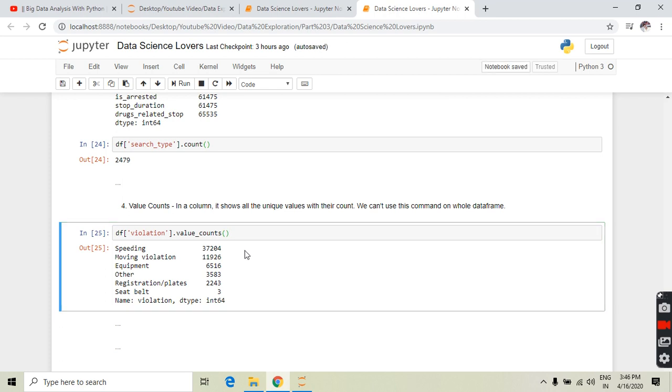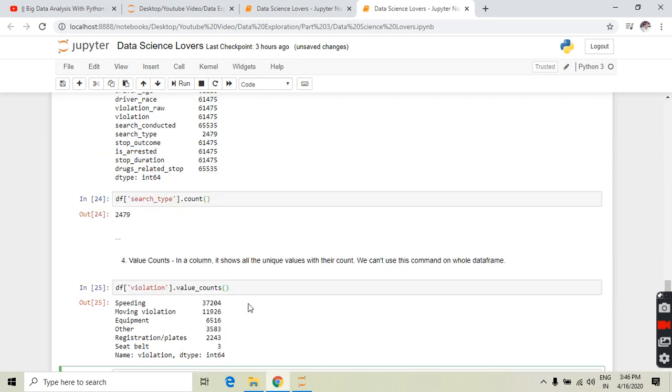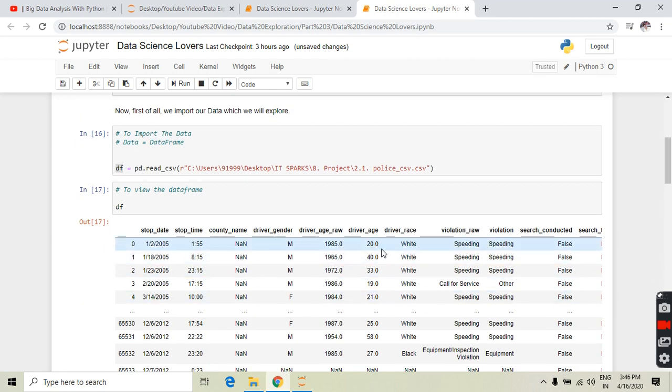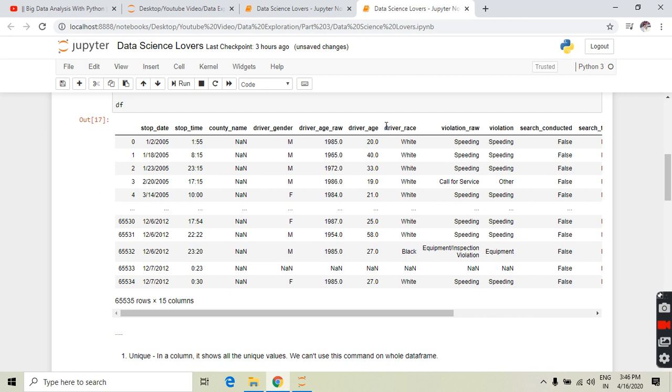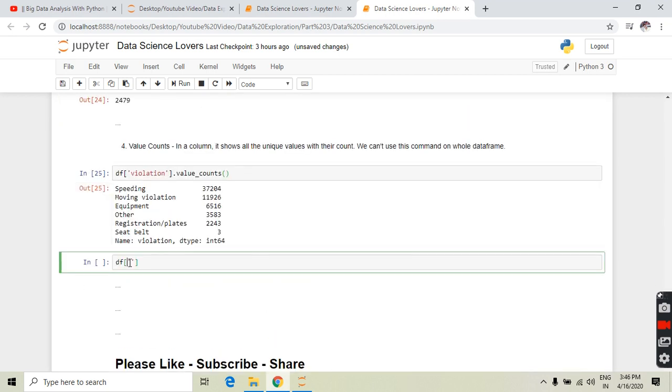Let's see another example. We will apply it on, let's say, the driver race column. Then we will write df, our column name, driver underscore race dot value counts.